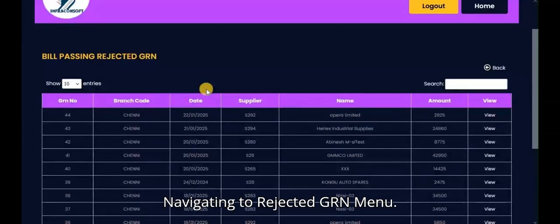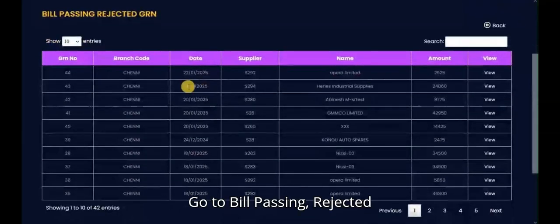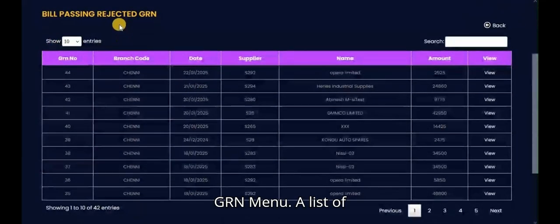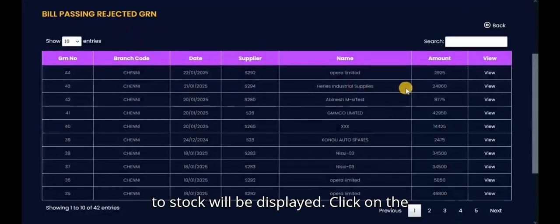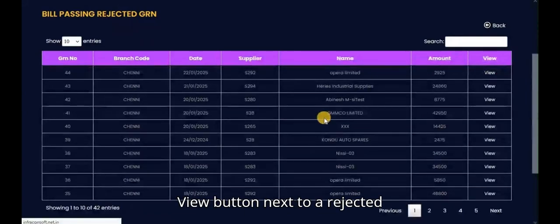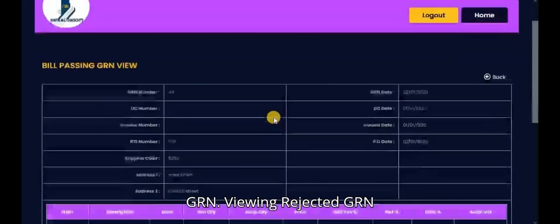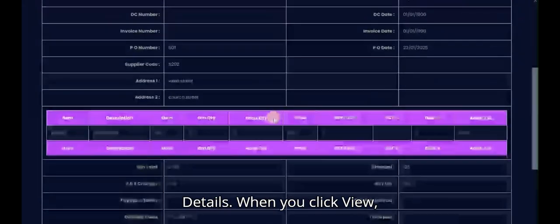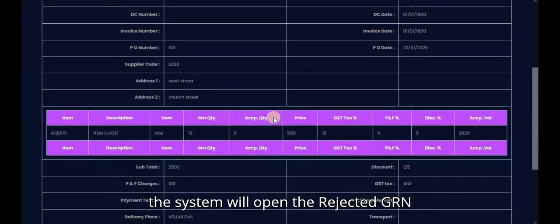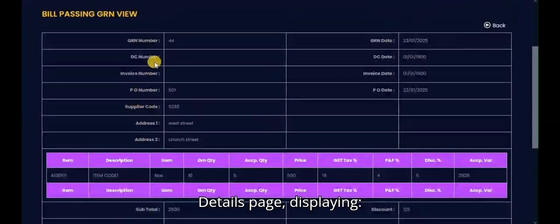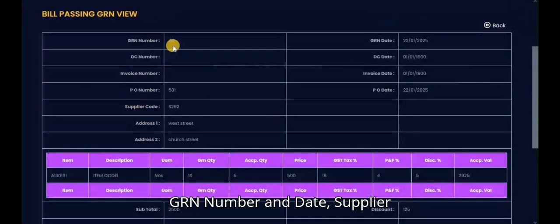Navigating to the rejected GRN menu. Go to bill passing, rejected GRN menu. A list of rejected GRNs that haven't been returned to stock will be displayed. Click on the View button next to a rejected GRN. Viewing rejected GRN details: when you click View, the system will open the rejected GRN details page, displaying GRN number